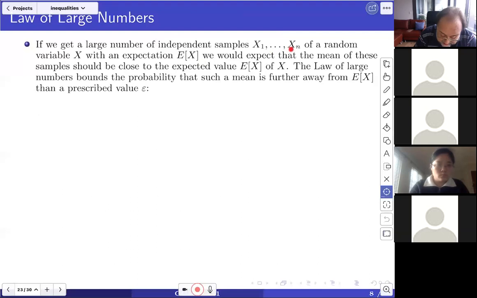In probability parlance, this would be independent, identically distributed random variables, but they are just the draws. You can think of this just as draws from the very same random variable x, right? So just several samples. So we would expect that the mean of these samples should be close to the expected value of x. And the law of large numbers actually